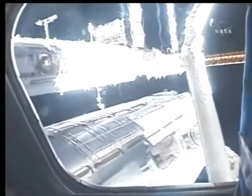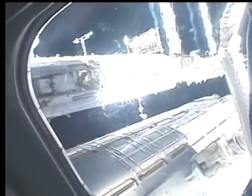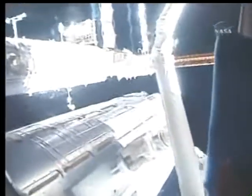That will be the focus of attention for Mike Fossum and Ron Garan today during the second spacewalk of the mission, as they install television cameras on the forward end of Kibo, remove a series of thermal covers and thermal insulation from the 33-foot-long Japanese robotic arm, and prepare the berthing port on the top of Kibo for tomorrow's relocation of the Japanese logistics module from the top of Harmony to the top of Kibo itself. They will also spend time out on the truss as they prepare a nitrogen tank assembly component for